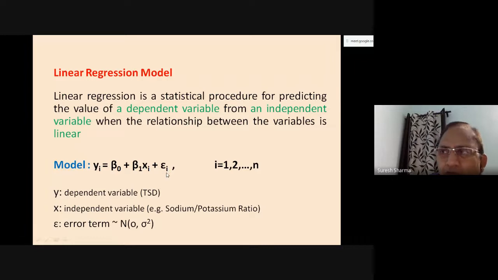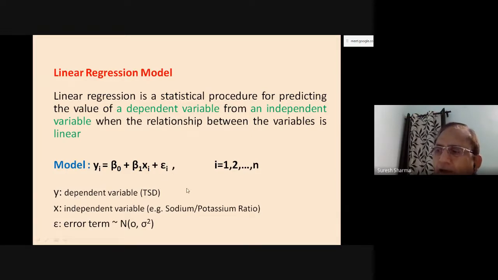And error will be for each point. I will tell you what is the meaning of this error. If there are n points, there will be n number of errors. So if your point lies exactly on the line, there will be no error. If a point is very close to the line, then there will be a very small error. If it moves far away from the line, error will increase. So therefore, for every point there will be error. And we write the model as y is equal to beta naught plus beta 1 x plus epsilon i.